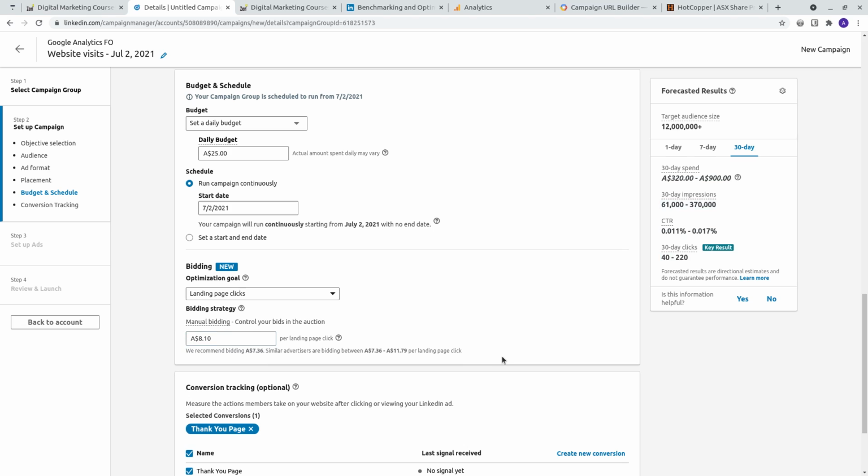The reason they say that is because you fall within this range, which is 7.36 to 11.79, and you get the higher quality of bids. Now, what LinkedIn will do most often is it will spend a little bit more than that $8.10. It'll take the liberty of spending much more than $8.10. So yes, you will straight away start seeing some decent quality leads.